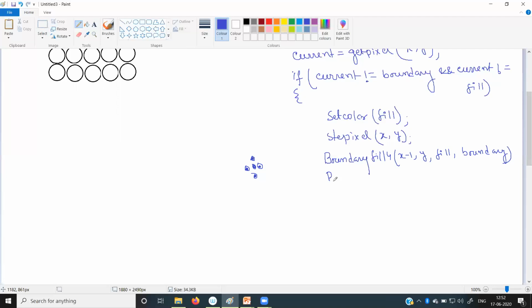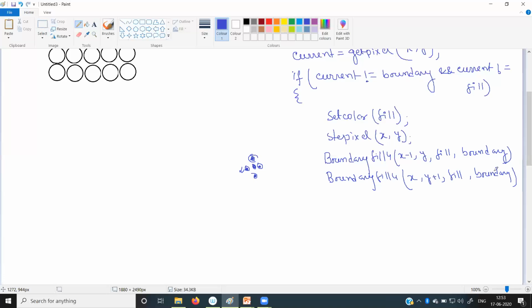As we need to call the function for all four pixels, we finish the calling for this one. Now we will call the boundary fill function for this particular pixel. The coordinate is x, the y value is y plus 1, then fill, comma, boundary.